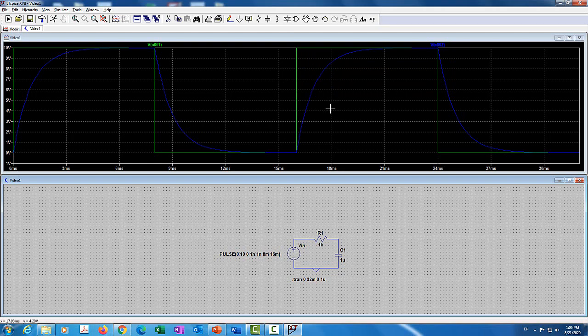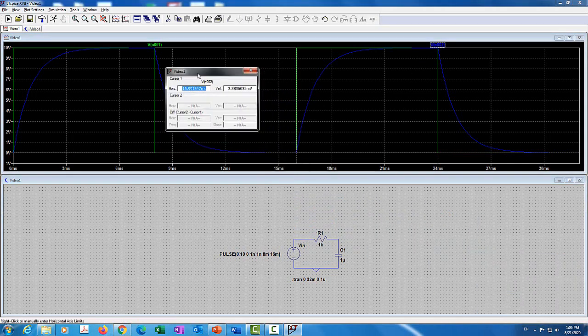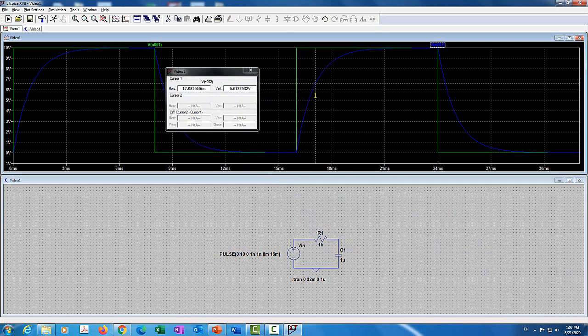The time constant is when you reach 63% of the peak-to-peak value, right? So if you start at 0, you're going to jump to 10. How long will it take to go 63% of the peak-to-peak value? I can measure that using a cursor. So here is my cursor, and I can move it. Here are the measurements. Over here, I'm at 16 when it jumps to 0, and then I'm going to move it until it reads